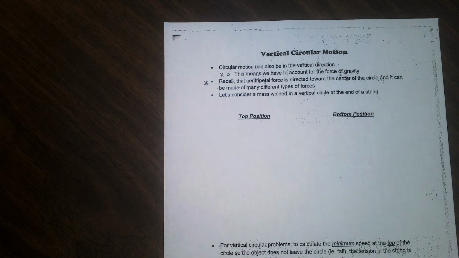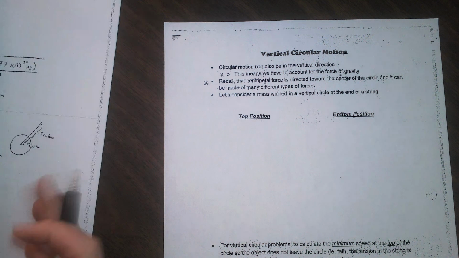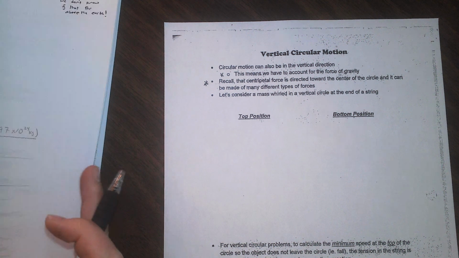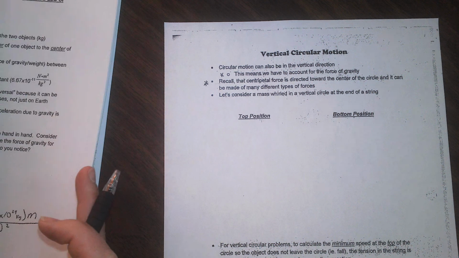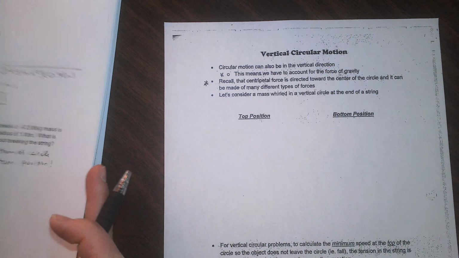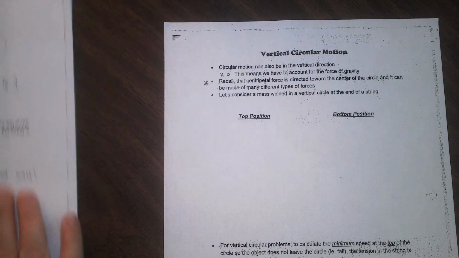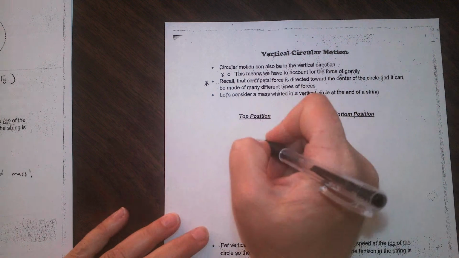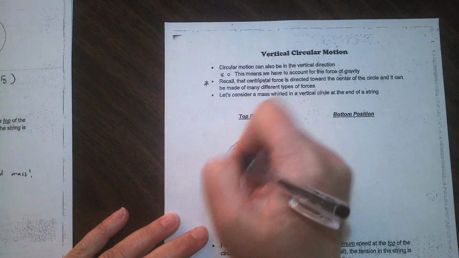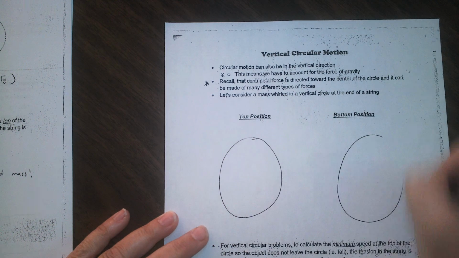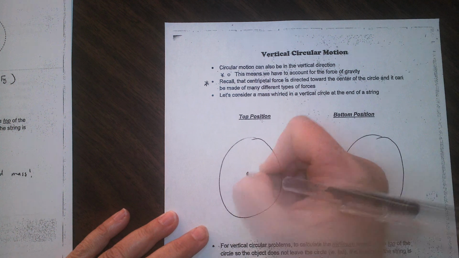So when we look at it in the vertical direction, we need to pay attention now to opposing forces. So in the horizontal, we weren't looking at opposing forces, but in the vertical we are. So if I was to look at a circle going up and down like this, and I put my center in,